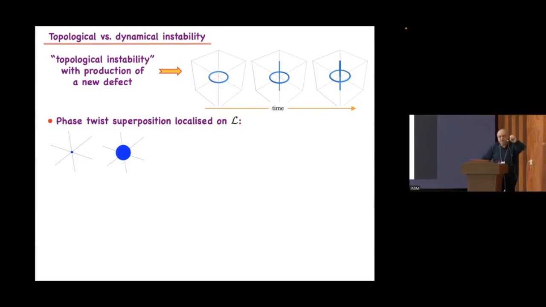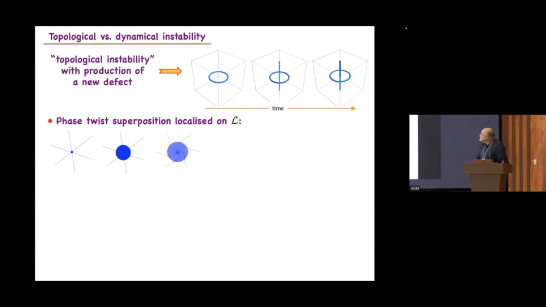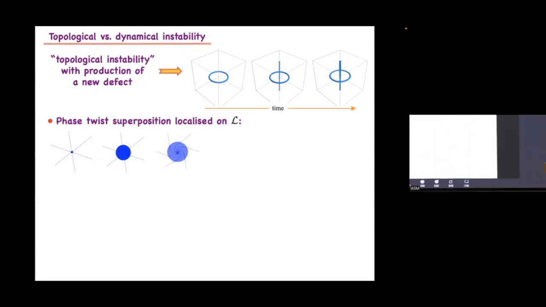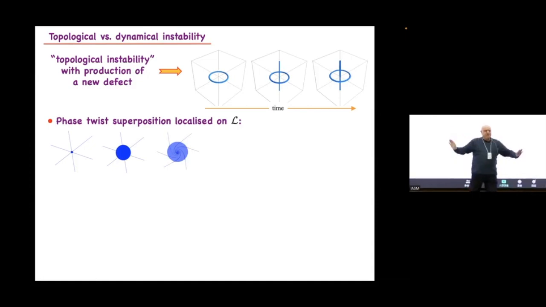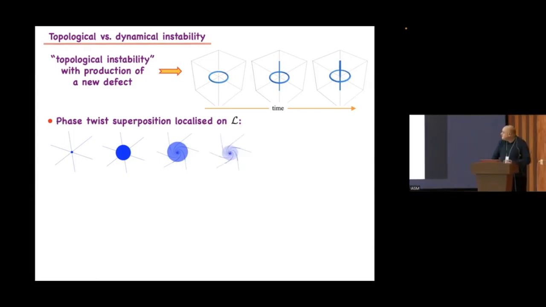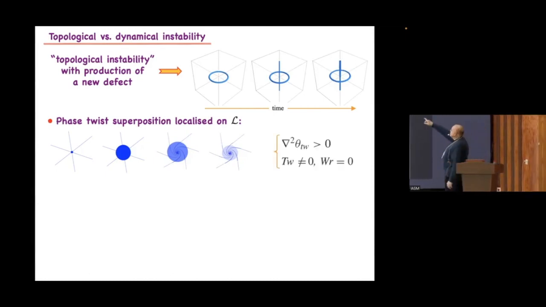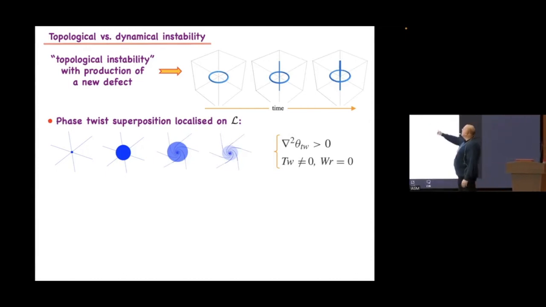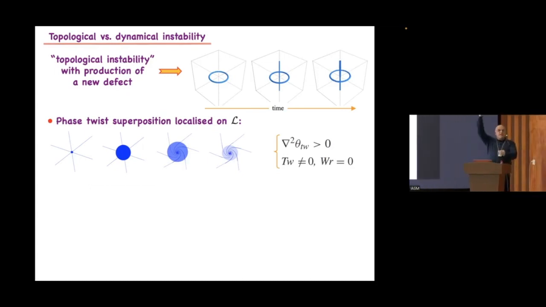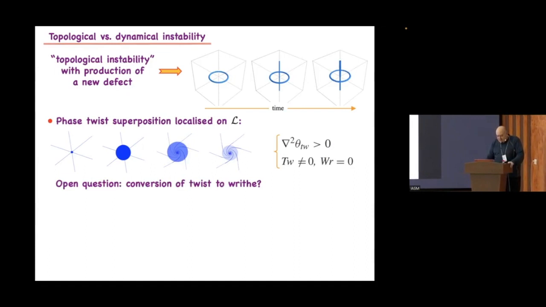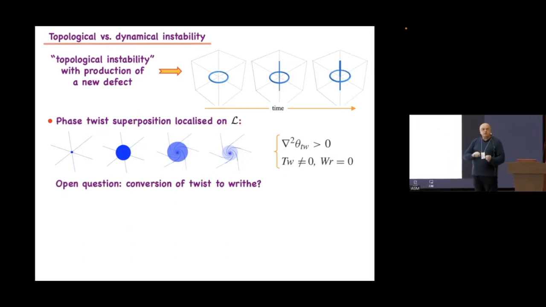You enlarge, you zoom in, and the more you zoom in, you start seeing, you know, when you are here, the isophases are perfectly okay, no twist. But imagine that very locally, you start seeing some spiraling and some twist. So the twist, imagine that it is localized only there. And then you take your assumptions due to the criterion that gives you instability. You assume this Laplacian greater than 0, and then twist different than 0 for, say, a straight line or a ring. And then the open question is, would you expect conversion of twist to writhe?